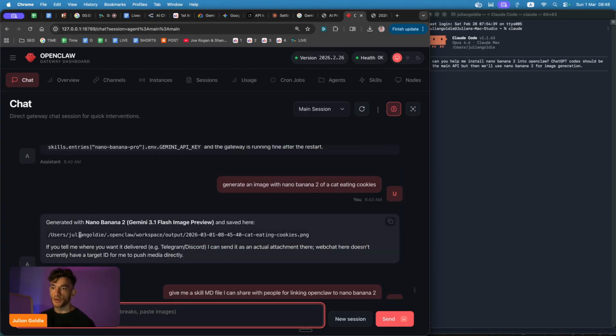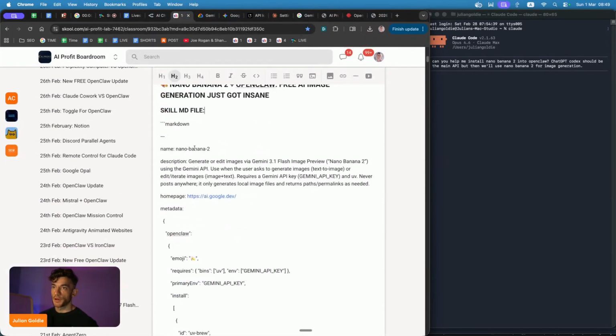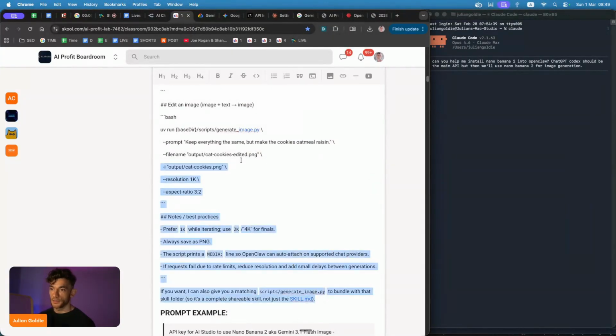Now, if you want to get the skill MD file for Nano Banana, as you can see, we can grab that right here and we'll put it in the video notes from today. There you go, right? So you got the name of the API, the description, right? So it's using Gemini 3.1 Flash image preview, and you just give this skill